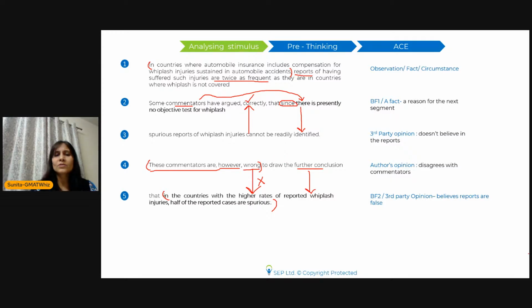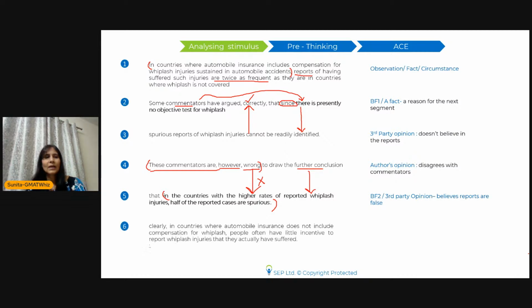And what is the author saying? What is wrong? The next part is the third party opinion, which the author is calling out as wrong. And if I go to the next statement, clearly in countries where automobile insurance does not include compensation for whiplash, people often have this little incentive to report whiplash. So the author is offering another opinion